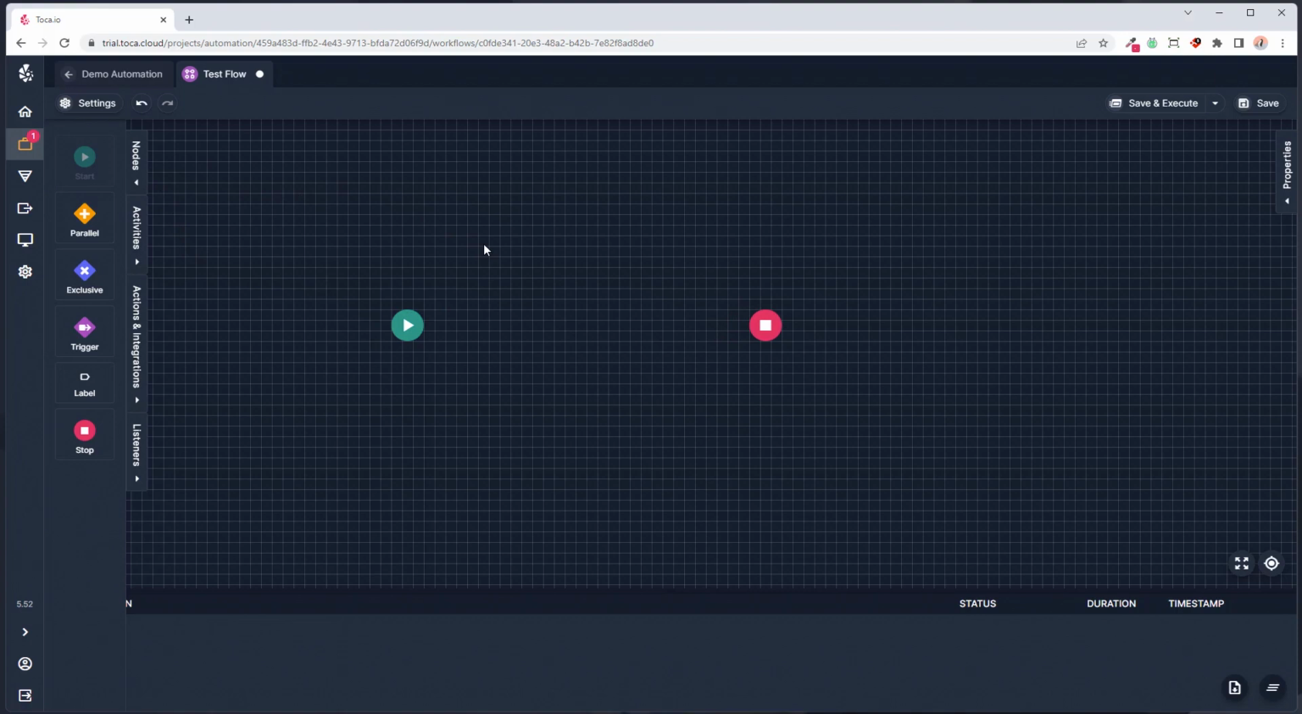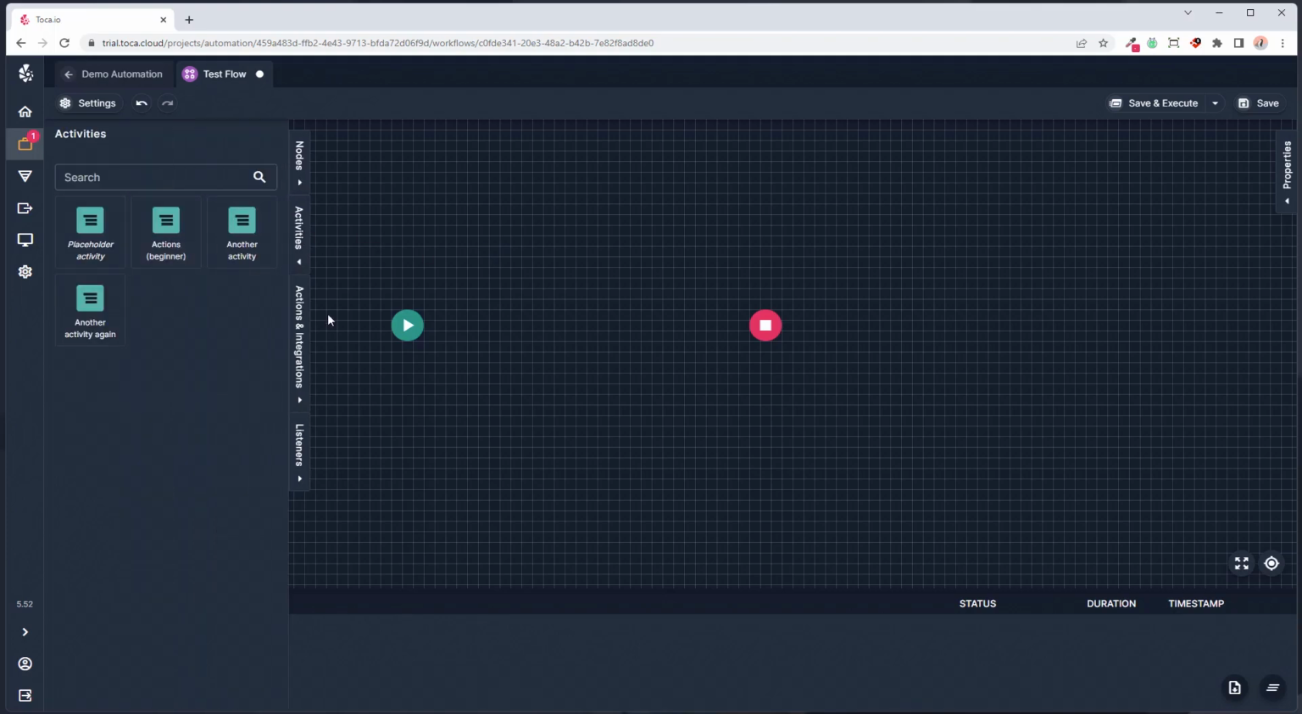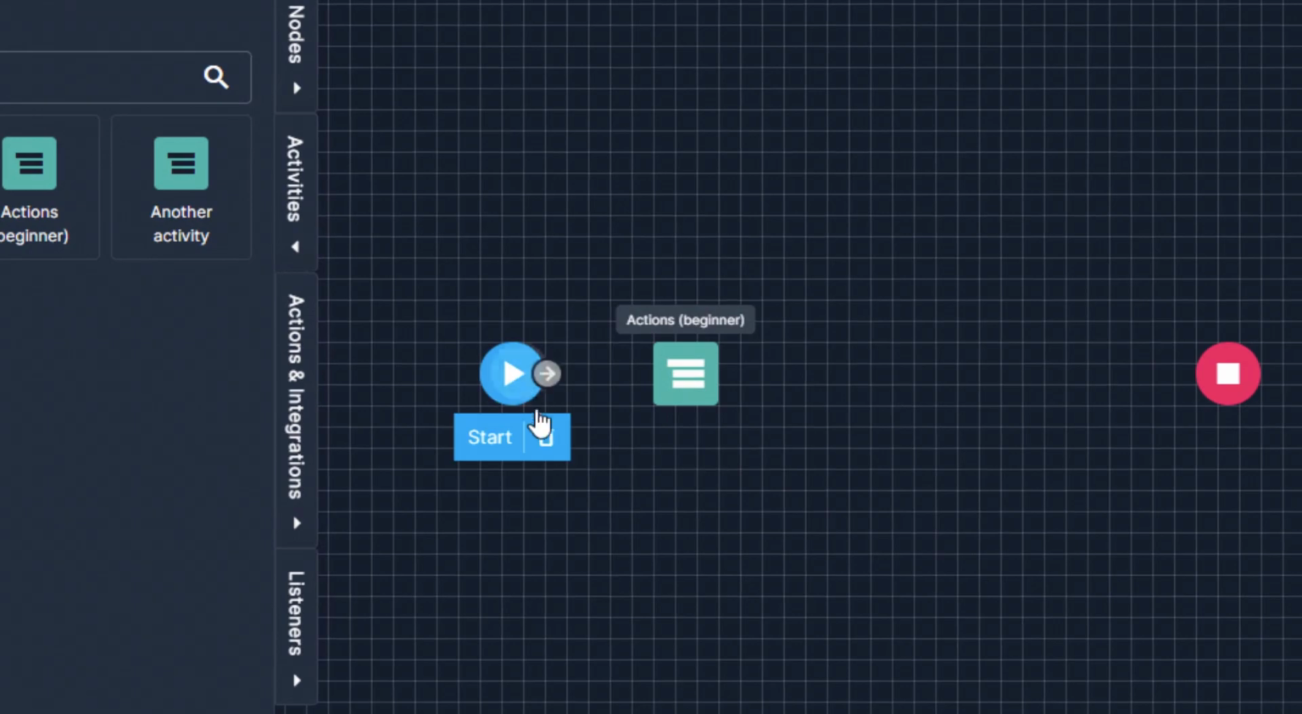Now, to populate this workflow, we need to add some activities, and the order in which we connect them will determine the order in which they happen. So we'll navigate to our activities panel on the left and pull in one of our activities. To connect this into our workflow, simply click on the Start node, grab this arrow connector and drag to the